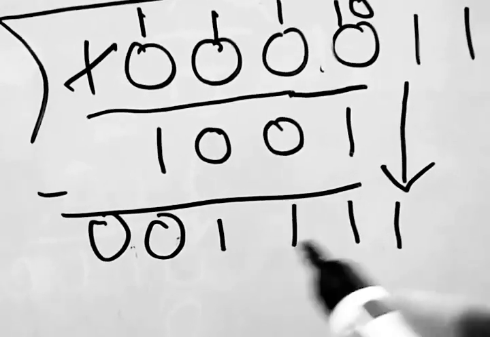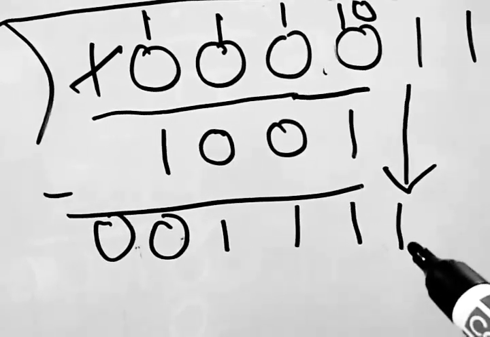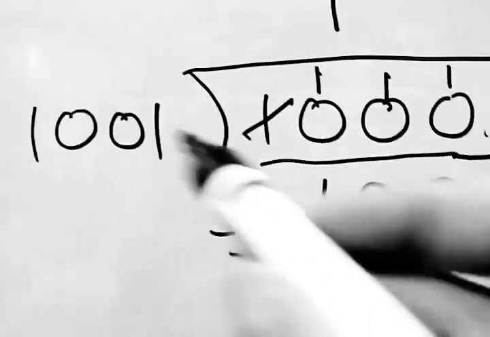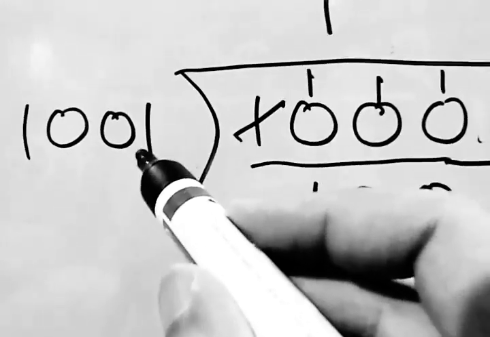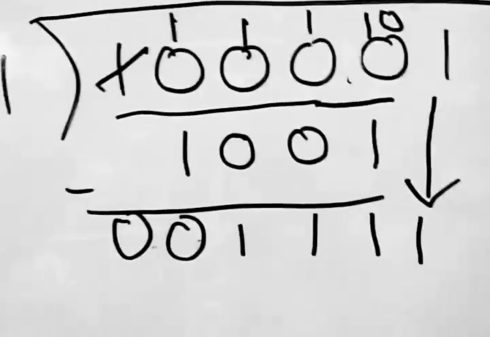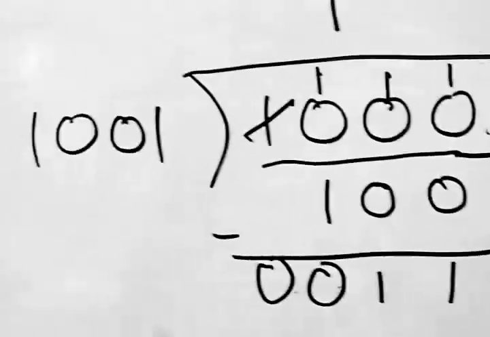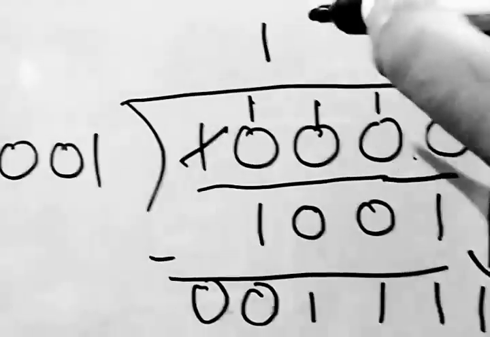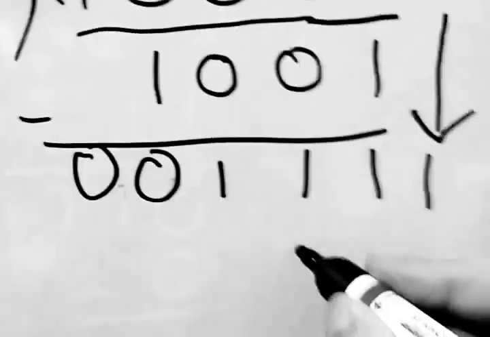In decimal, 1111 means 15 and 1001 means 9. So easily 15 can be divided by 9. So again we'll put 1 here, and